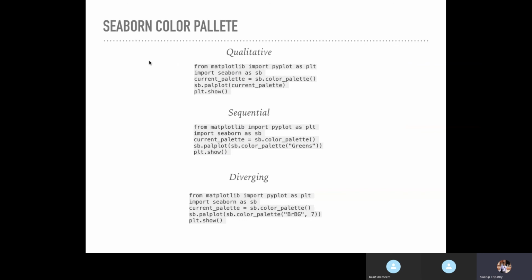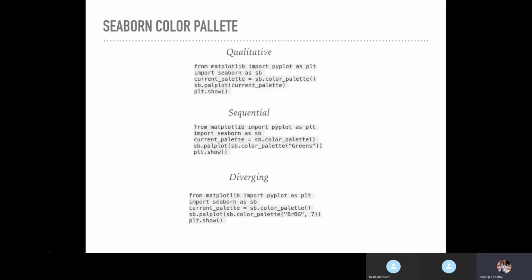So you can pick how many in the sequence you want, and it will give you that many in the sequence of that particular color. The other one is called diverging. Diverging color is like from one color, multiple colors, diverging. So diverging colors are also universal colors. If you look on the internet, you will find BrBG, RdBu, different diverging colors are there. So here we can use all these types of colors.